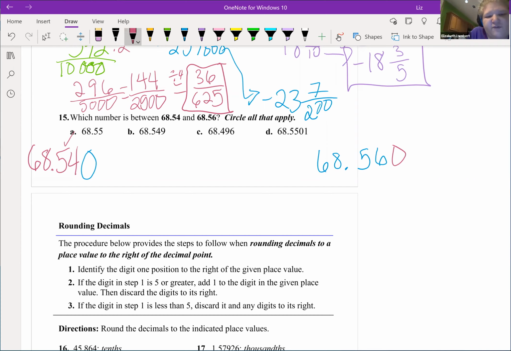So is 549 between 540 and 560? Yes. Is 496 in between 540 and 560? No. All right, so if we're doing the circle, those two are good. And then this one,